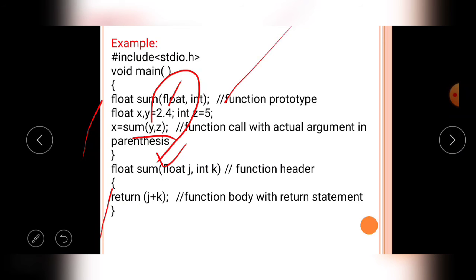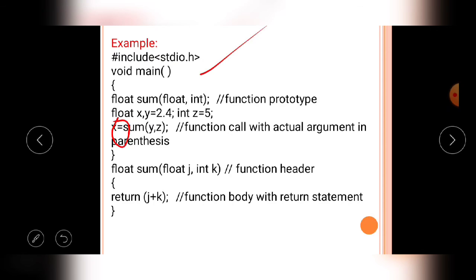So why do I define this line? Here the x variable is there. Observe carefully. The x variable belongs to the caller function, but it will not donate a value to the calling function. That's why this x variable is not called an actual argument. Only the y, z variables are called actual arguments.